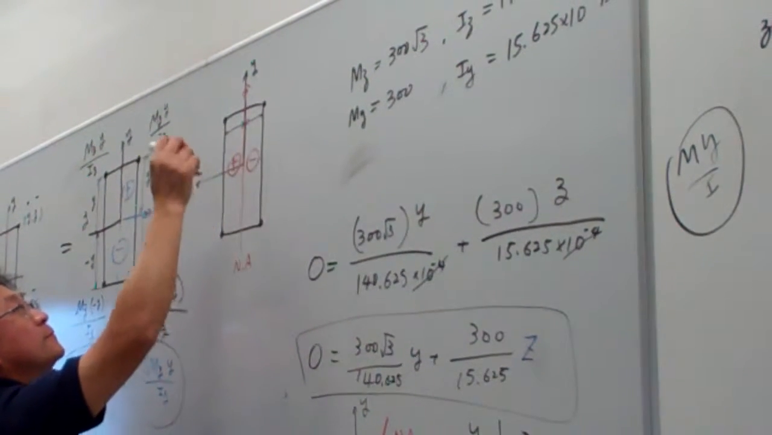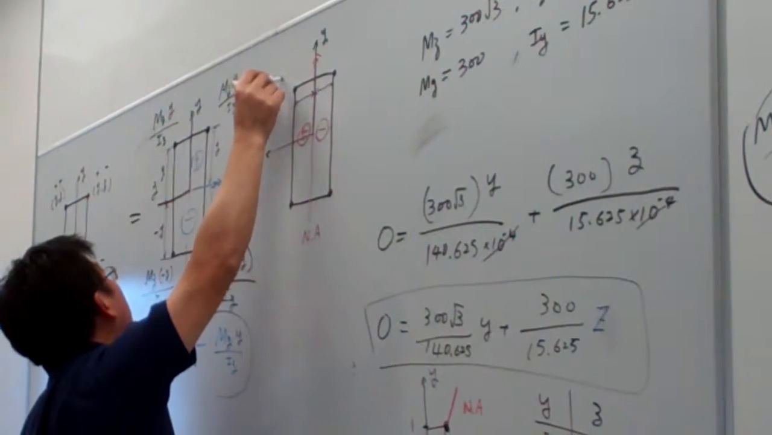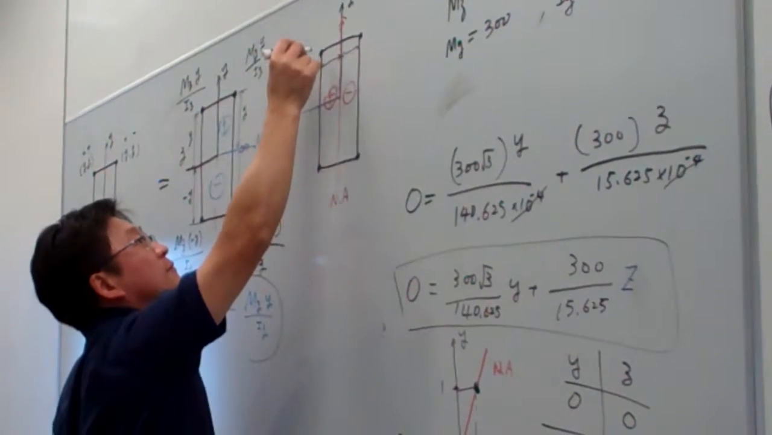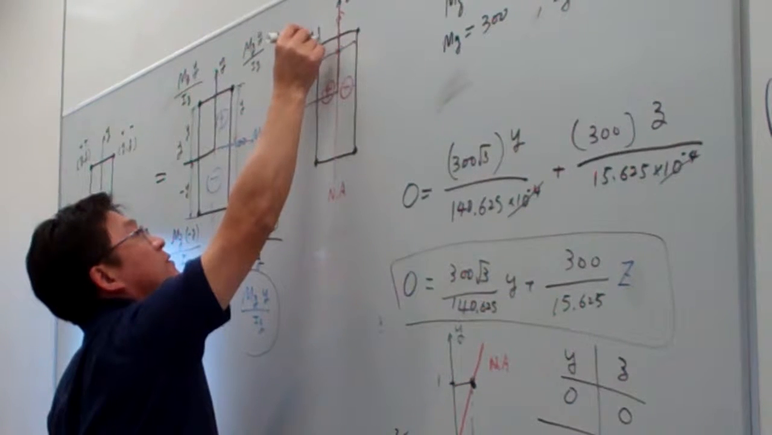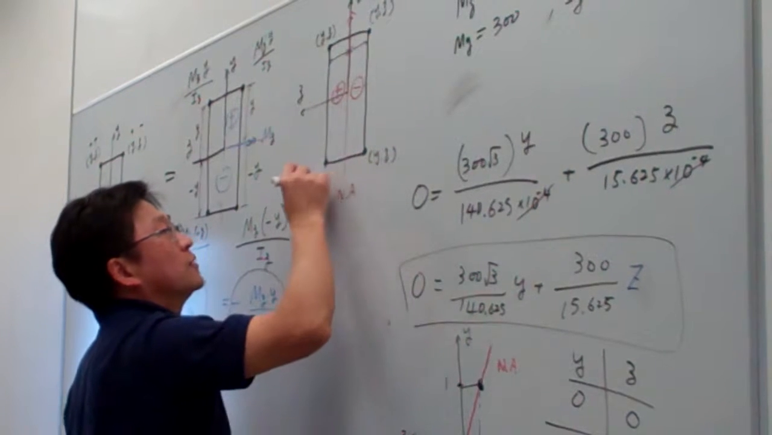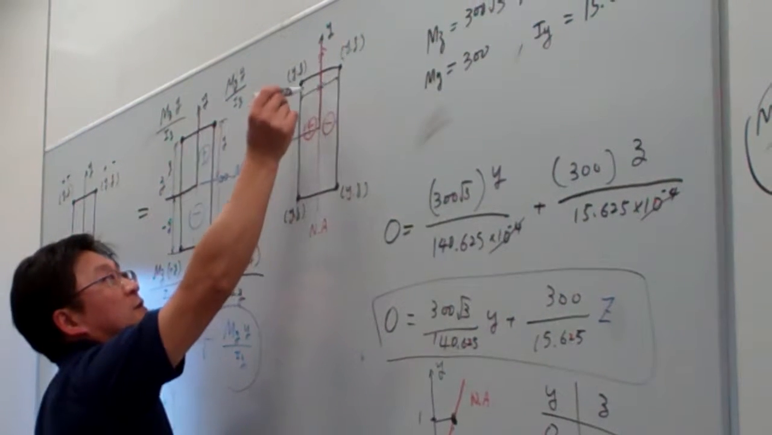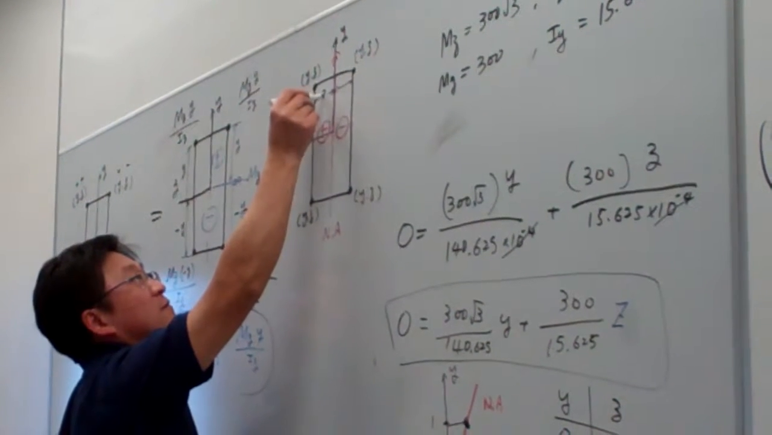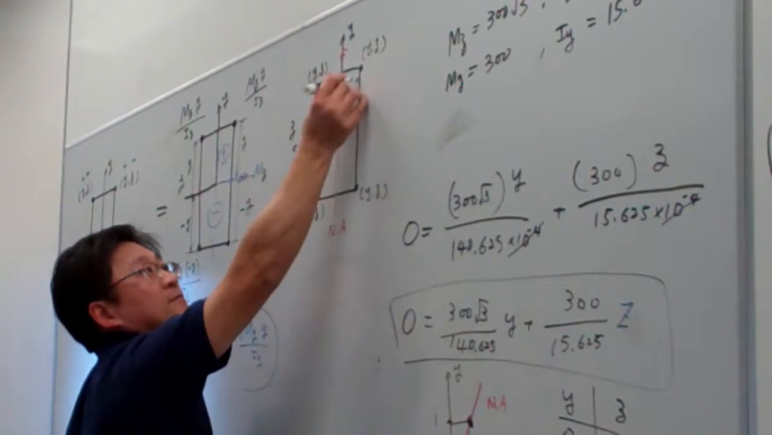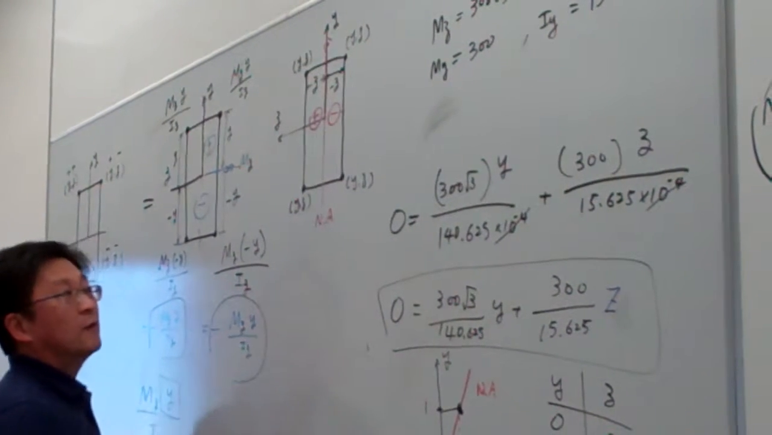From here to here. So this point has the coordinate y and z. The coordinate here is y and z. And now we measure the distance. The distance from here to here is z. The distance from here to here is how much? Negative z. Okay, so now at this point,